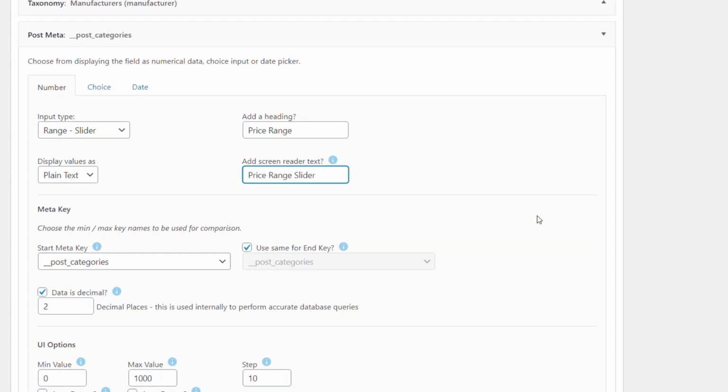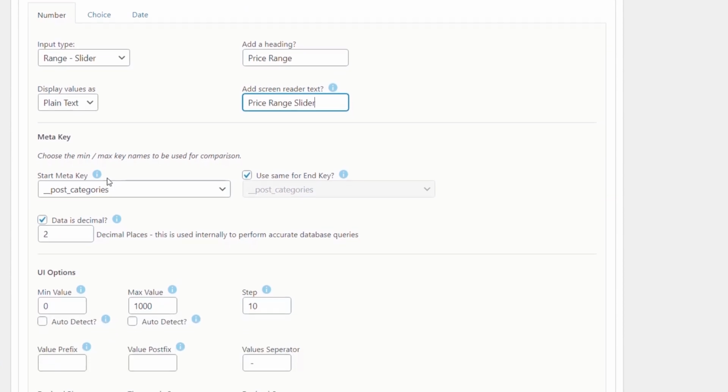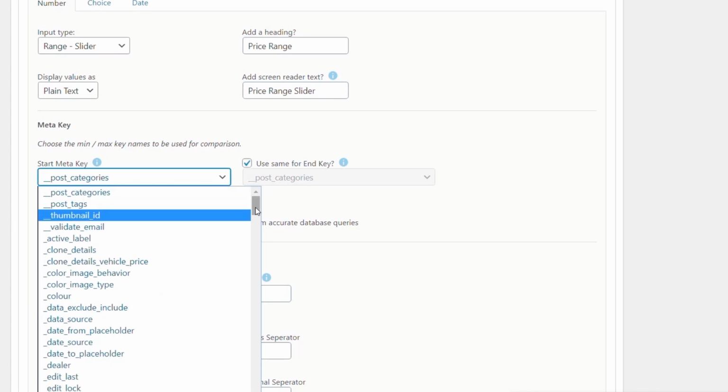So anybody that's using a screen reader, they'll know what this actual entry thing is for. So next up, we've got the meta key. And this is all basically a case of, well, what do you now want to filter? Click and expand, and you can see, depending upon the setup that you have, you will see a lot of